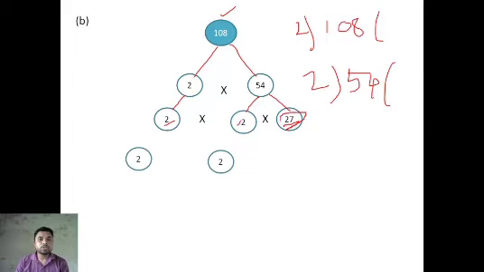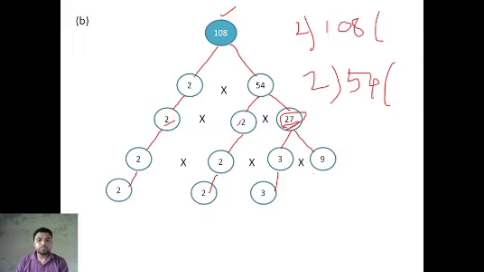Now 27. 27 is composite. Where you get a composite, you have to do the next step. So 27, which numbers do you multiply to get 27? 3 and 9. 3 into 9. So here draw the lines, and give the multiplication sign. Look, 2 is prime, so write 2. Here 2 is prime, write 2. 3 is prime, write 3.